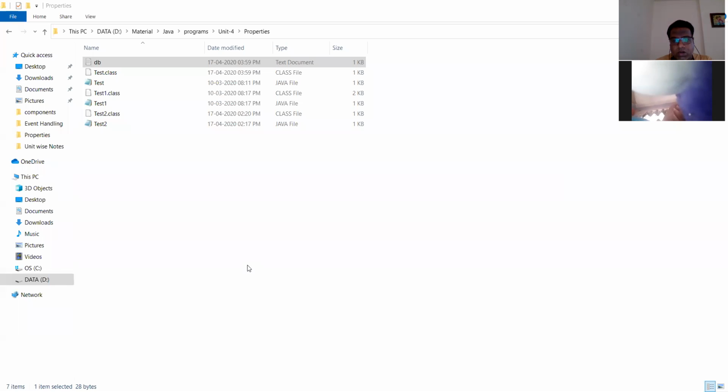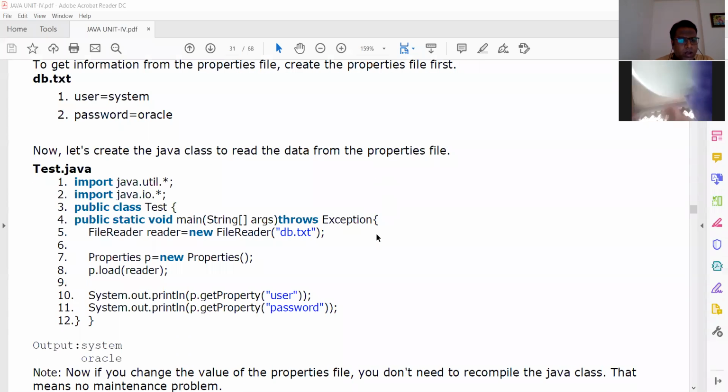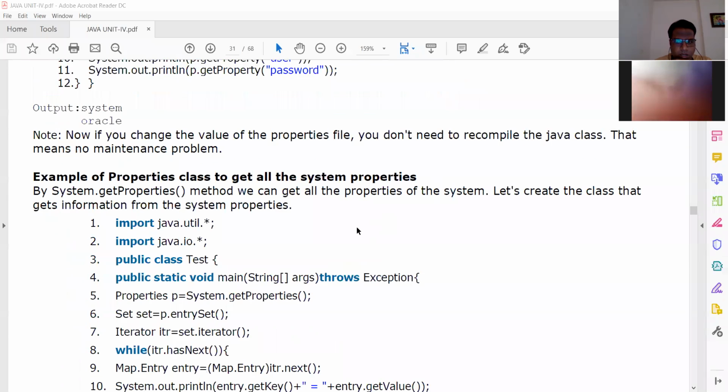That's why, whatever data you are going to use, you can use it, and there is no need to compile again and again. Not only a .txt file, you can use .word also, .excel also, whatever formats you already know, the IO classes. I'm going to finish within 5 minutes, please accept the request.